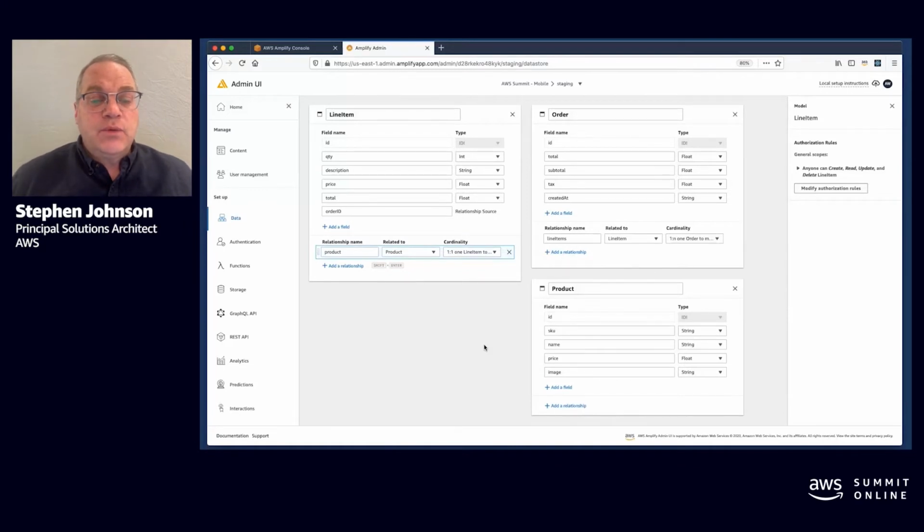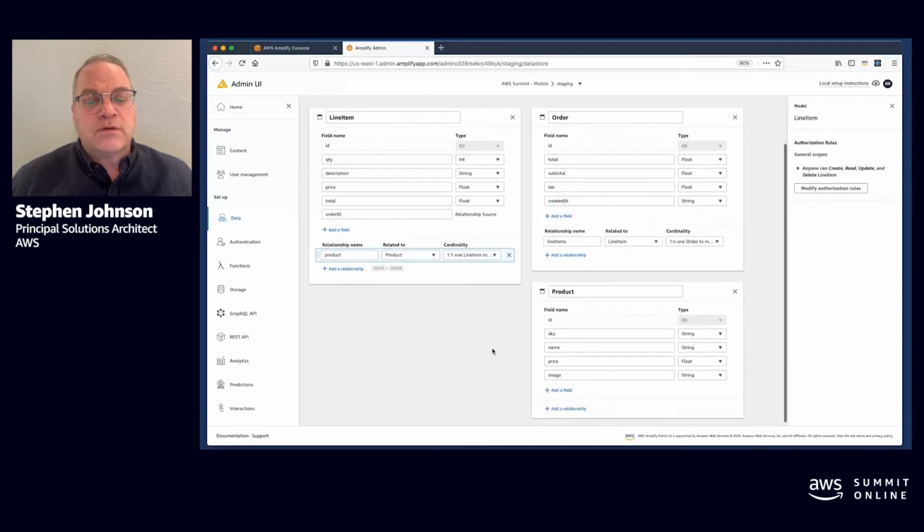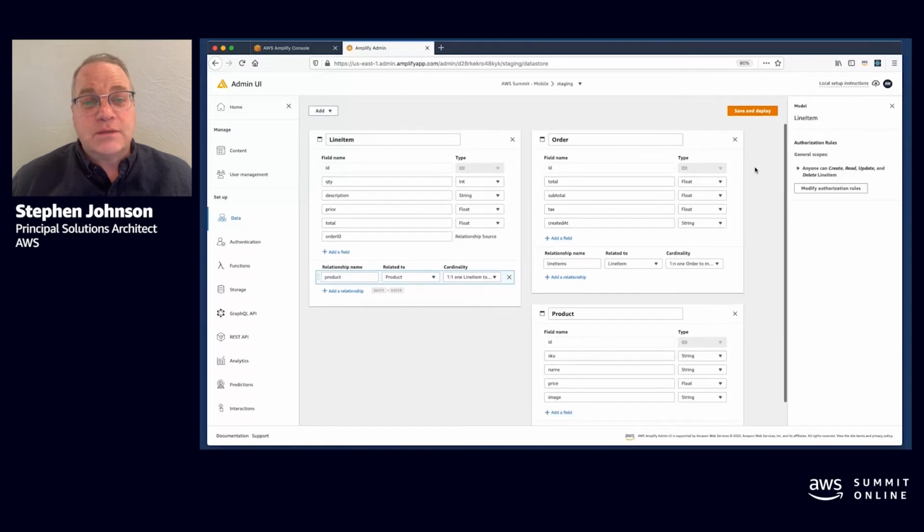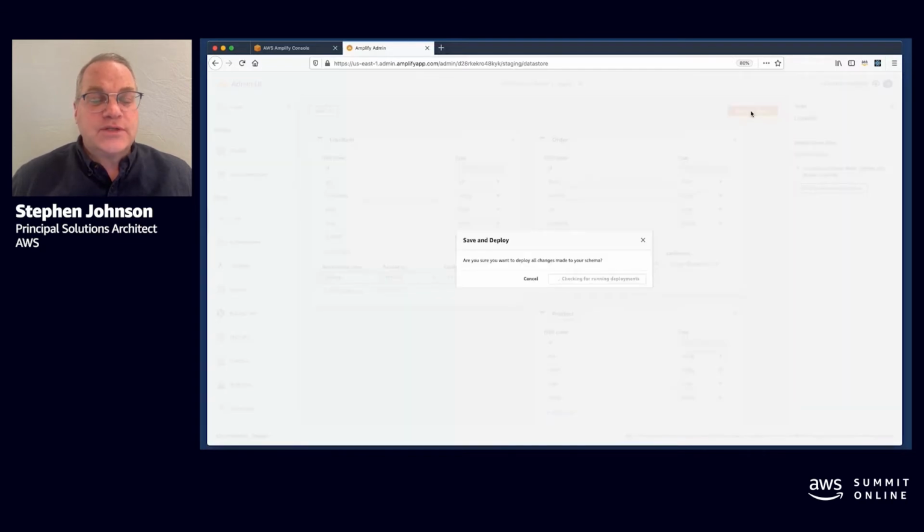And the first thing we want to do with our model is send it to the cloud, right? And Amplify does a great job of taking our project here that we've just defined. It's going to do a few things. It's going to create CloudFormation, which pushes our stack to the cloud. It's also going to create our AppSync GraphQL API. It's going to take this model and make it into a GraphQL schema, as well as setting up DynamoDB on the back end for our database and any resolver logic we have. So we can go straight from this visual representation of our data model to a completed, ready-to-use backend.